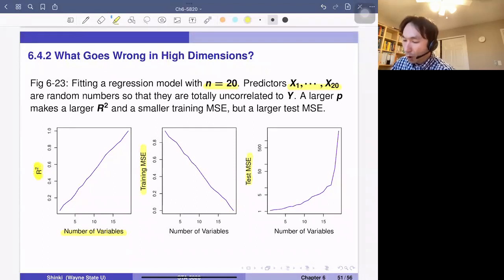If we add more variables, then R square goes to 1. With 20 variables for 20 observations, we can explain everything perfectly. So R square gets to 1, and the training error gets smaller, down to 0. But the test error gets larger and larger as the number of variables gets larger,